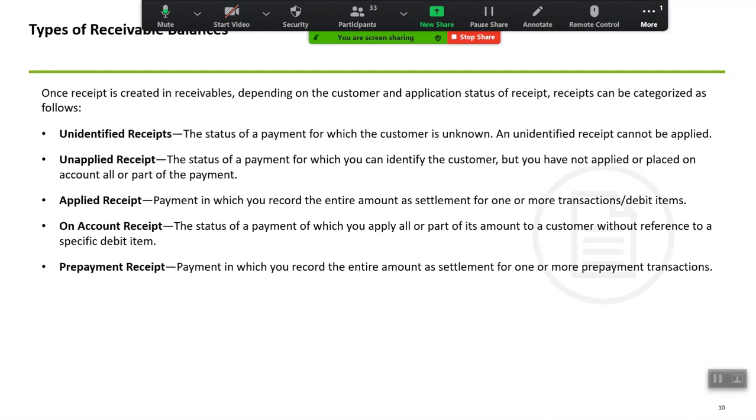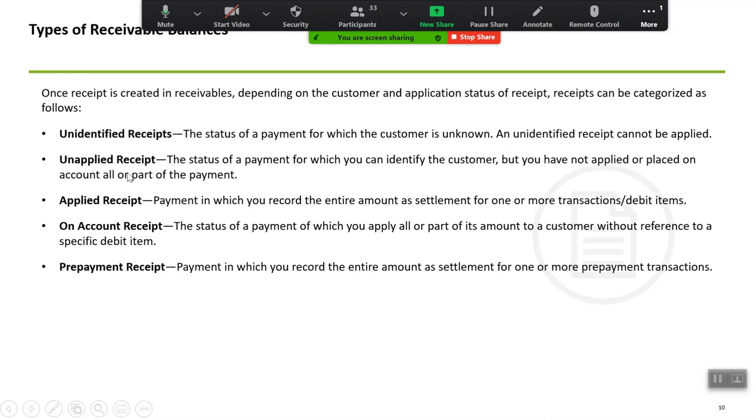So as and when you create those types of receipt, your balances will start showing up in a similar way. At the end of the month, if I want to identify how much balance is lying in my unidentified receipt, maybe I can run this unidentified receipt report, or maybe I can query the balances on an account which was tagged to an unidentified receipt, and I'll come to know that these are the balances still lying in my unidentified receipts, which is the amount that I've received against an unknown customer.